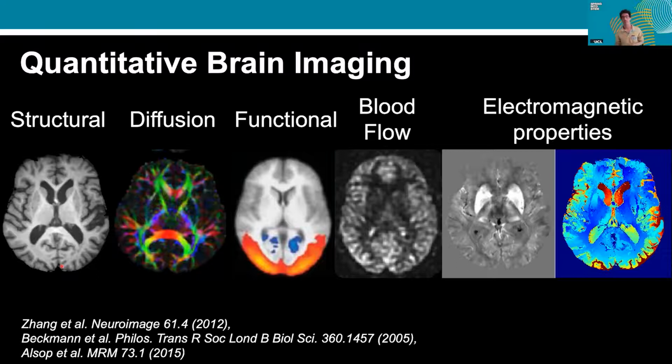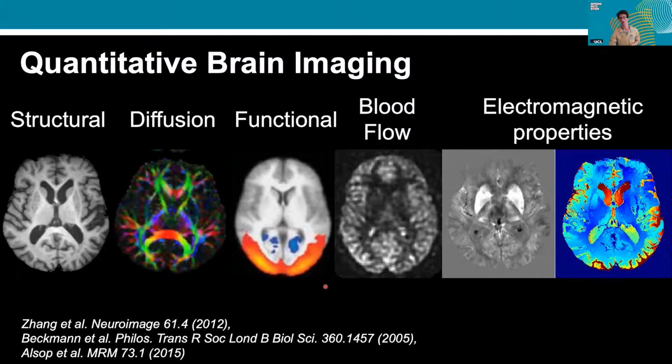Or relaxation parameters that you can get in a structural sense. Diffusion imaging, which in my opinion gets the most interesting or fascinating looking 3D images, is basically a way of measuring the connections within the brain. So it shows you which areas of the brain are connected with which, as essentially what are called tracts that connect different areas of the brain.